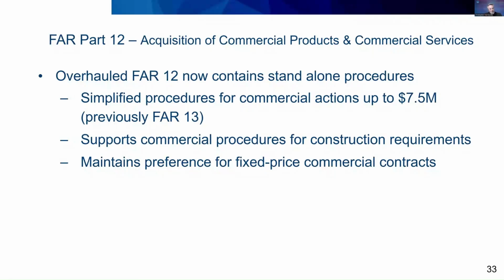Again, some of the language we see should be pretty familiar from the legacy FAR Part 13, but its inclusion in FAR 12 is really important and considerably different, particularly for those actions below $7.5 million. Told you that number was worth jotting down. FAR 12 includes specific procedures for all commercial actions below $7.5 million, which it calls simplified procedures. Procedures that involve contracting offices issuing requests for quotations or RFQs.